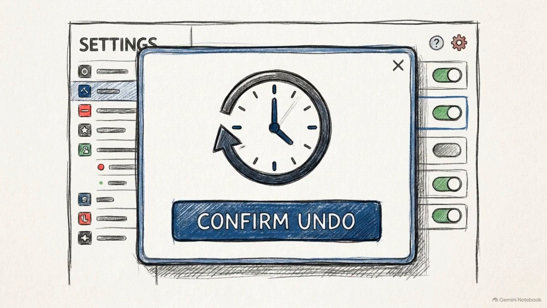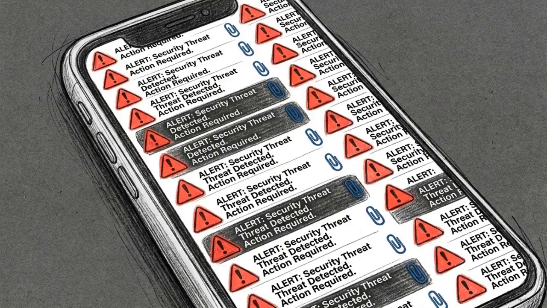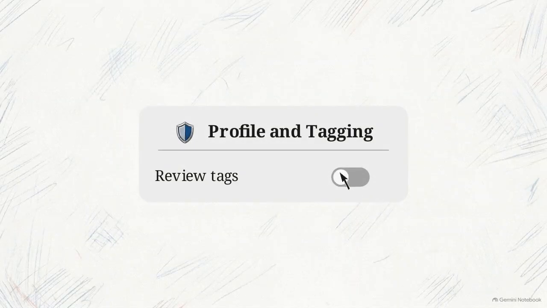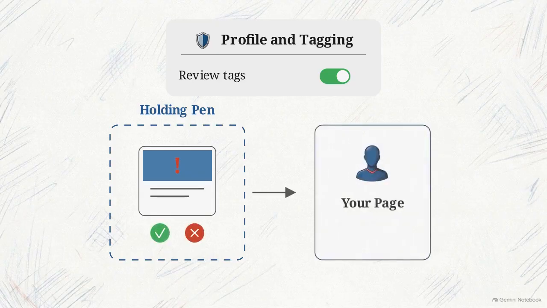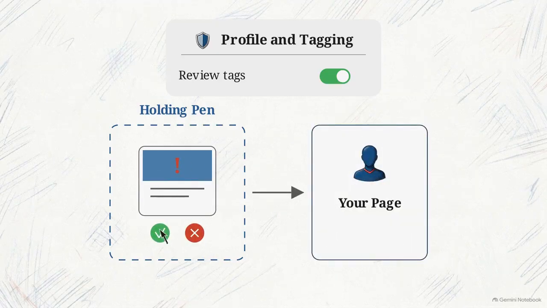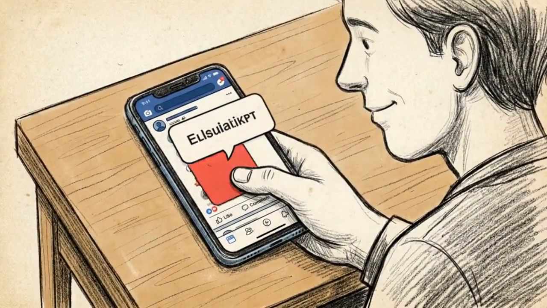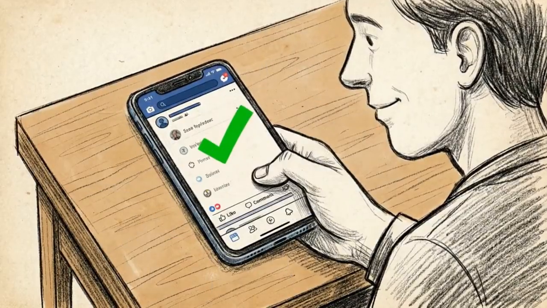in that same menu. You also need to manage what other people place on your timeline. If a friend's account is compromised, scammers can tag you in malicious links or spam photos, which then appear to all of your contacts. Head over to your profile and tagging settings and enable the Review Tags feature. This creates a holding pen, requiring your explicit approval before any tagged content shows up on your page. By limiting your post audience and forcing tag approvals, you transition from a passive target into the active gatekeeper of